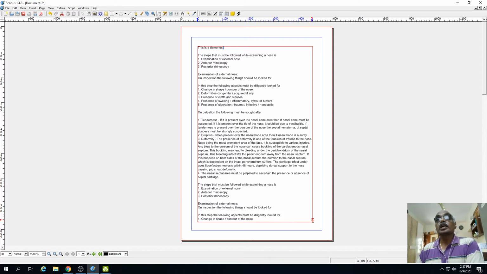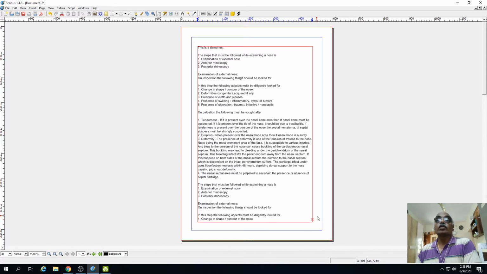But here you see a cross sign, a warning sign. This sign tells you that there are some more lines which have not been accommodated for lack of space.